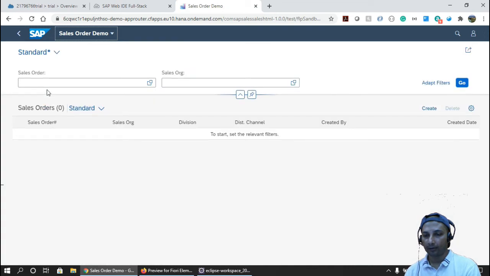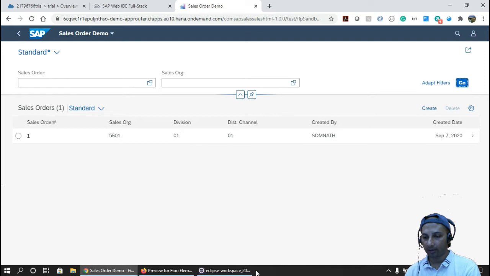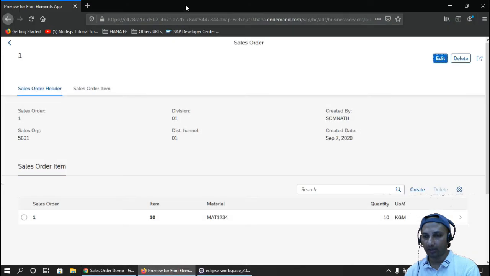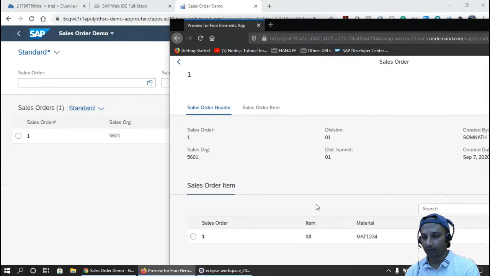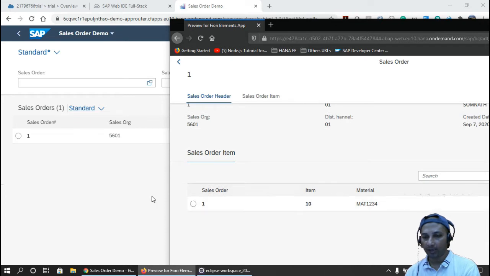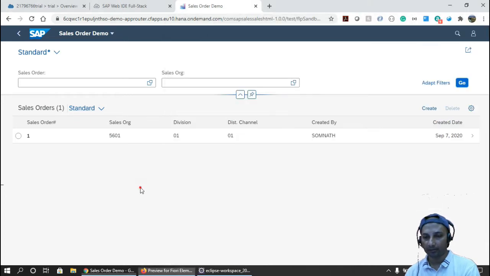Okay, awesome. The same application, the same kind of UI we're able to see. Click on this go button, same data, right? In Mozilla you can see the data preview, and this is our Fiori application. Cool, right?